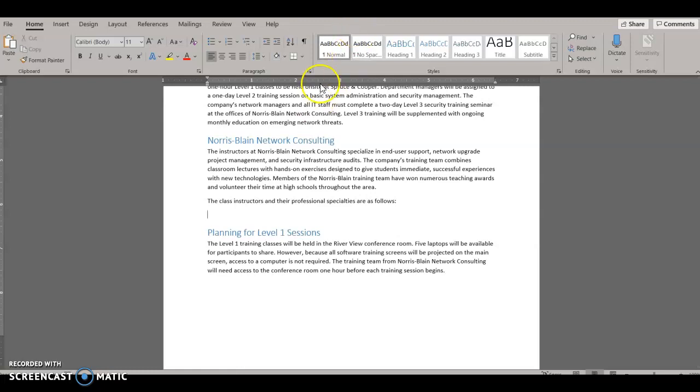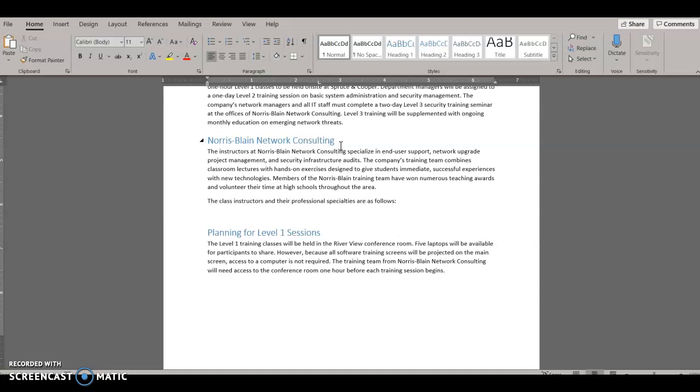So I'm going to just click that on the ruler. And it's going to add a little white L to my ruler. That means that there's a left tab stop in that location. And you will see when I type now, I'm going to type the instructor's names, and then I'm going to hit tab, and my cursor is going to tab underneath the 2.5-inch mark, and I'm going to type their title,